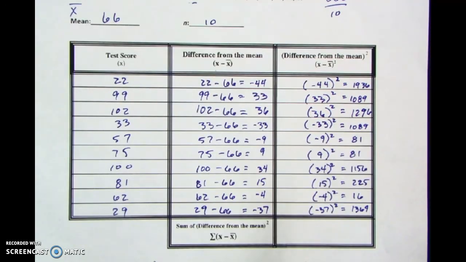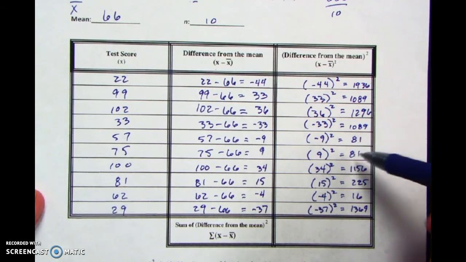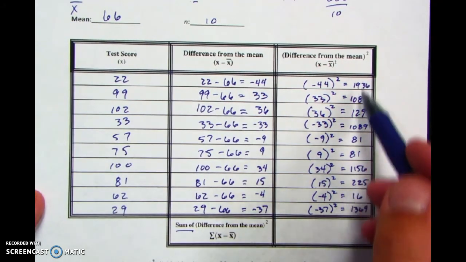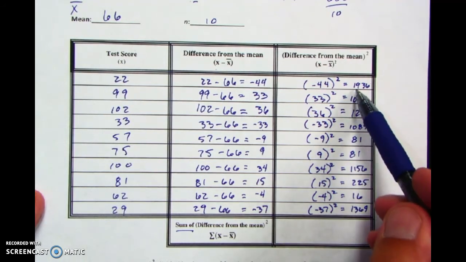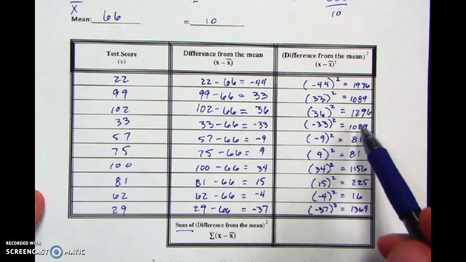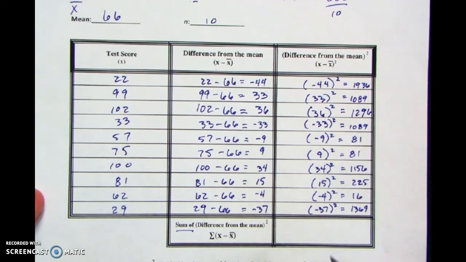Now that we have this column filled out, the next step is to find the sum of all of these values. So I'll take 1,936 plus 1,089 plus 1,296 all the way down the line, and we find that the sum of all of those values comes out to